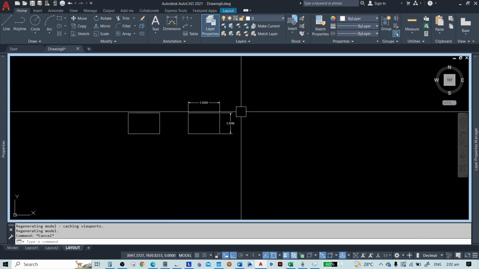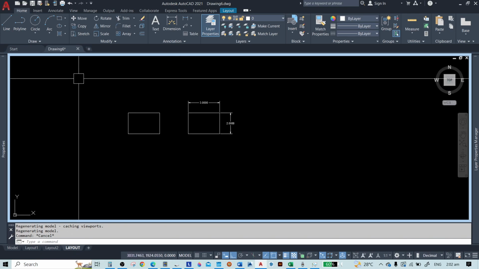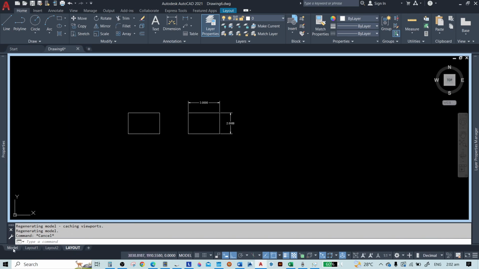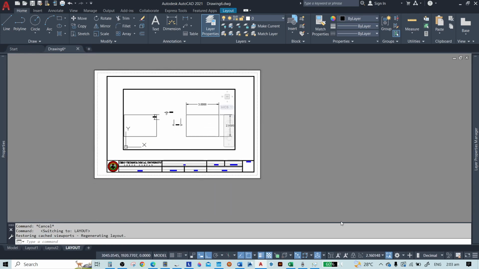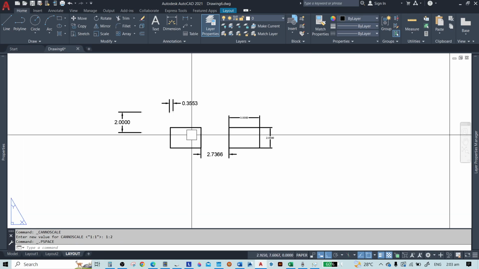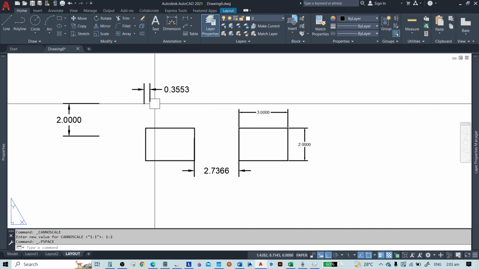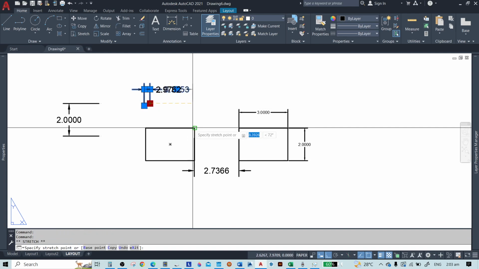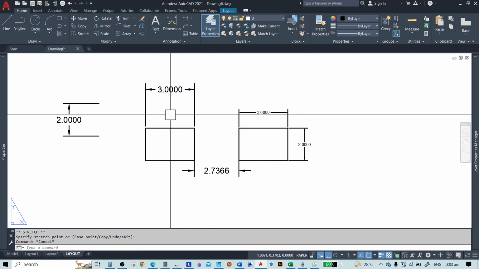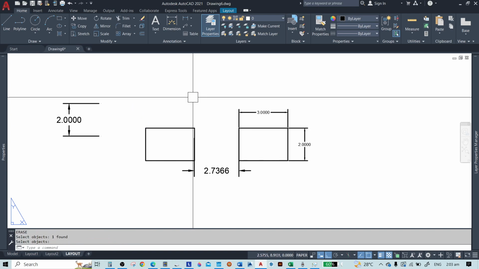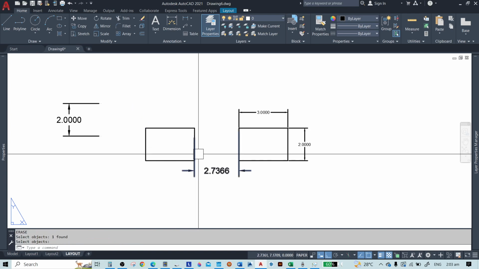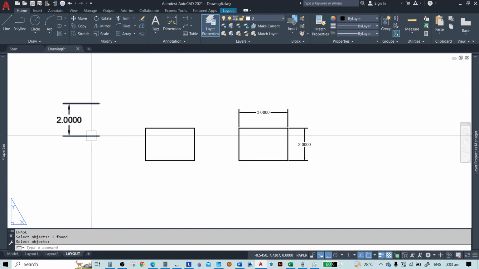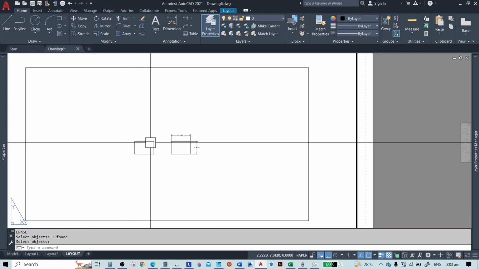Say okay, go back to layout, model, layout. Now 1:2. So what we are going to do is we need to put these dimensions here again, so that will take a while, so it is a hassle.